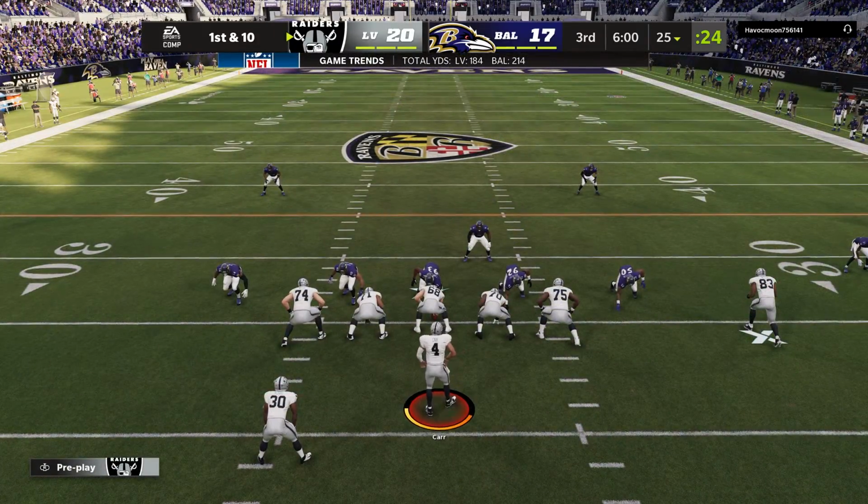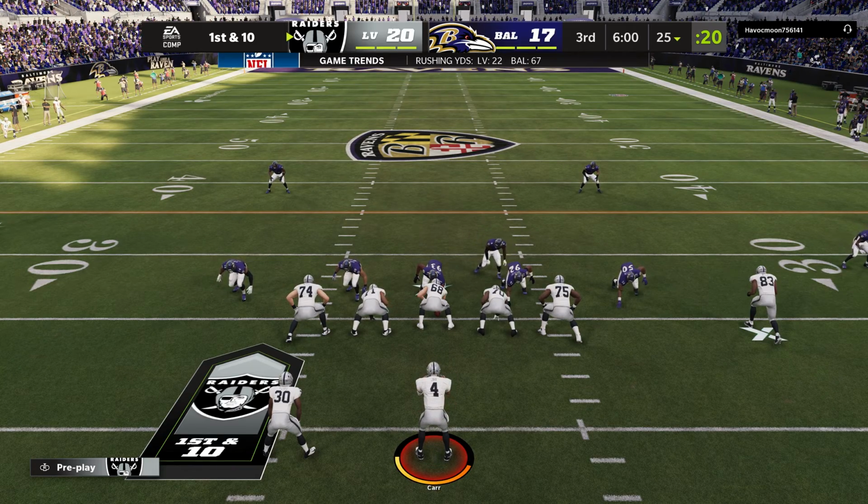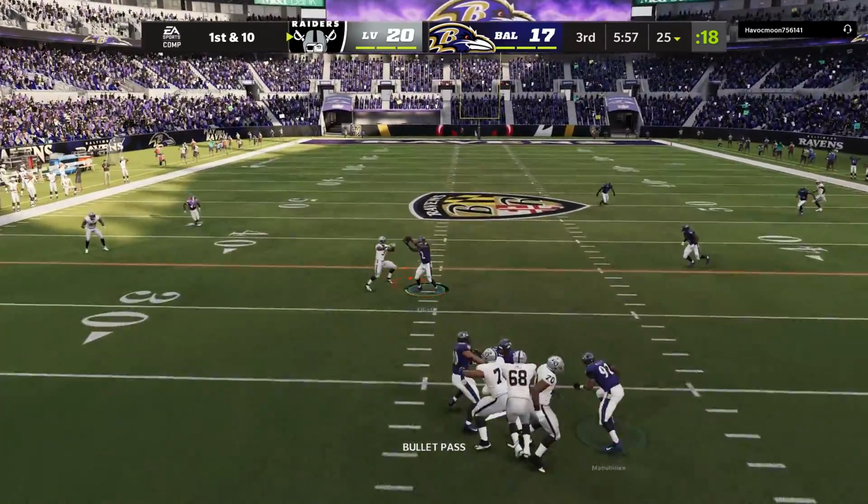The Raider offense set to get this drive started. And Charles, they've got the lead. Put your coaching hat on here now. What's the game plan for the second half? I think getting the running game going a little bit more because...